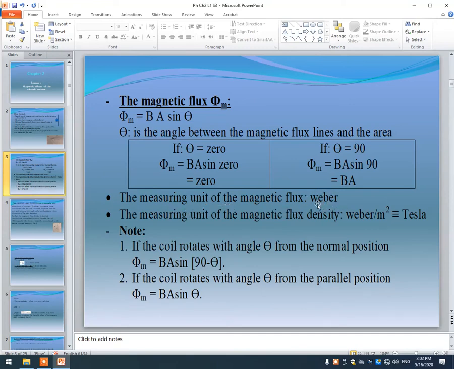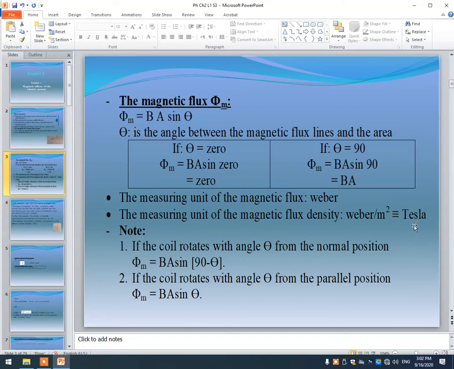It's the name of one of the famous scientists in this domain of physics. So the measuring unit of the magnetic flux density B will be phi m divided by the area A. Phi m's unit is Weber, and A's unit is meter squared. So the measuring unit of the magnetic flux density B is Weber per meter squared, which is equivalent to